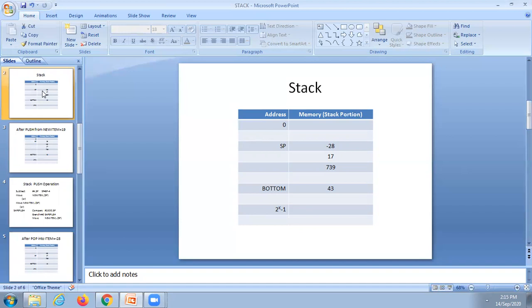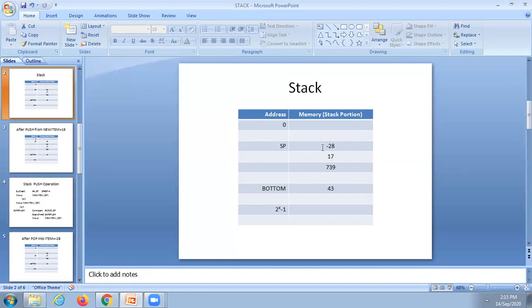So how can it be done? That is the push operation. First I have to decrement the stack pointer by 4, because in this example each data item takes 4 bytes.